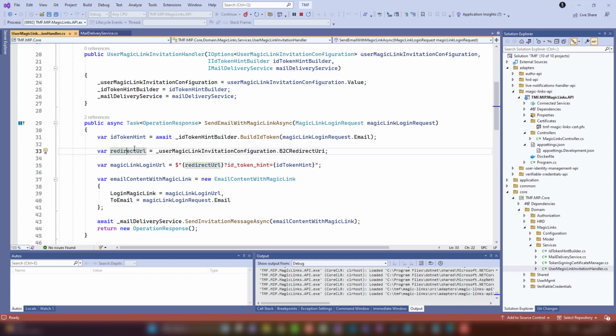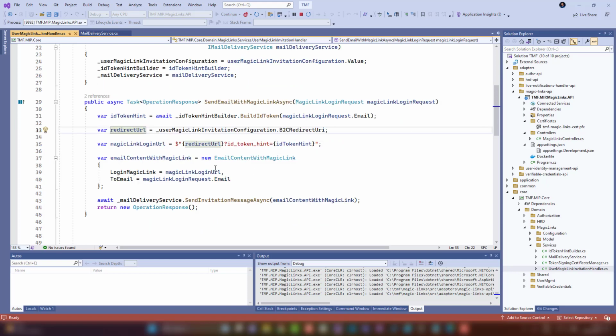So in this specific case, we have to add this redirect URL to make sure that the process of exchanging the tokens will work properly. And then I'm building the email content with magic link. Yeah. So here I'm passing the email, so to which user this should be sent, and also the magic link